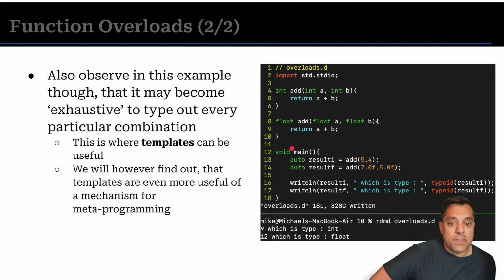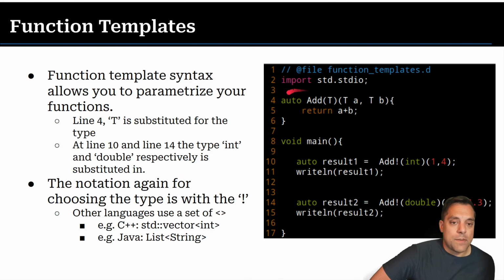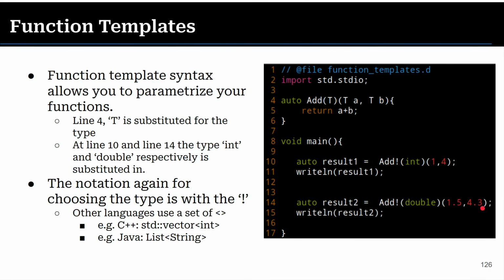But we can improve on this and we can use templates. So what's a template? It means write the function once, here, add. And in D, we just add a second set of parentheses. So the first one, T here, just represents the type, and then it'll basically do a textual replacement of that type. So at line 10, when I see the exclamation mark with int here, you can basically just take that int, where T is, and copy and paste int. The compiler will generate a version of the add function for integers. And if I move out of the way, it'll generate a version of that function for doubles here. So that's really, really nice.